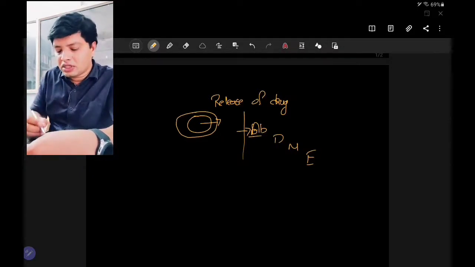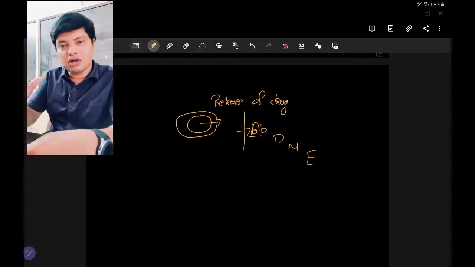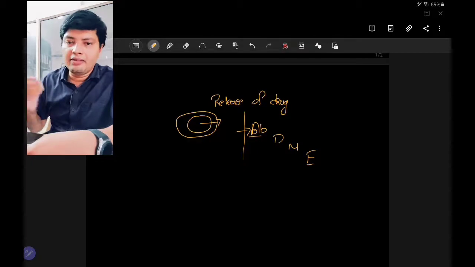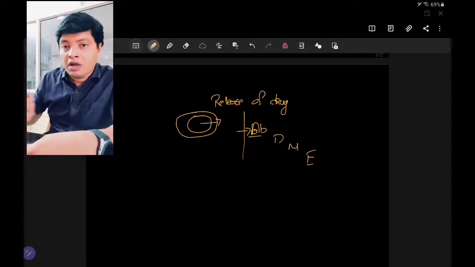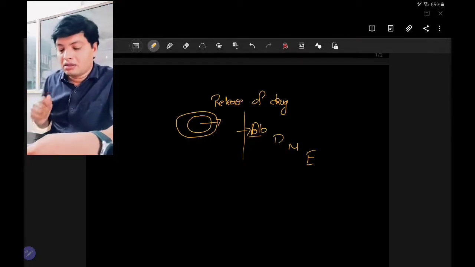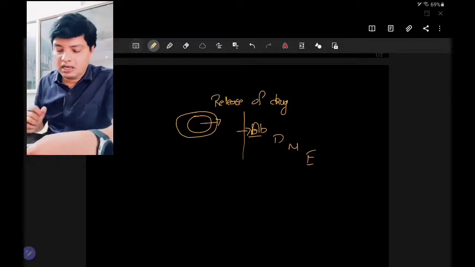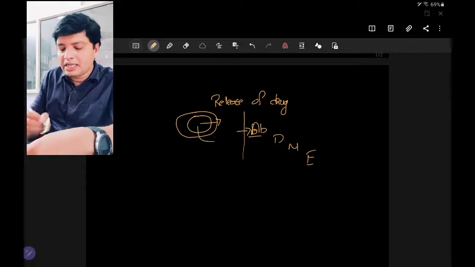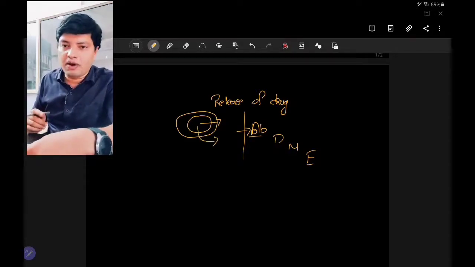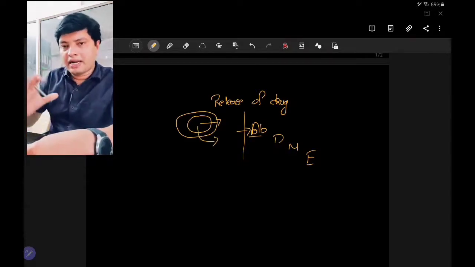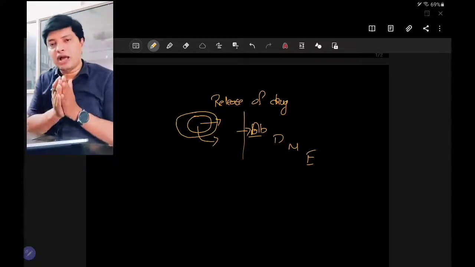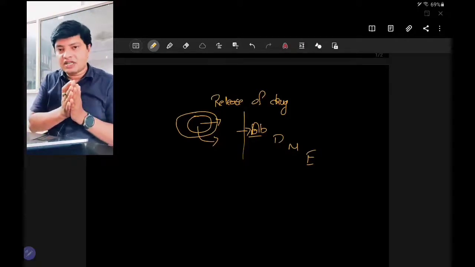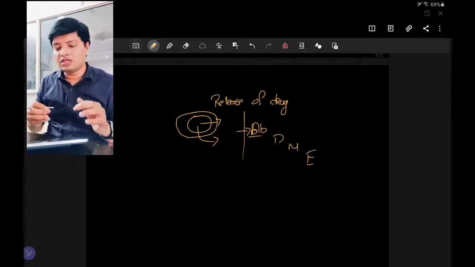But if the drug is having any problem in absorption, let's say the drug is absorbing slowly, what I assume while designing the dosage form is that the drug has normal absorption, normal distribution, metabolism and elimination. If the drug has abnormal absorption, I can't control that abnormal absorption. It is not in my hand. What I can do is solely control the release of the drug from this dosage form. So remember, while writing the factors, the control which you have in your hand is release of the drug from the dosage form. So what are the factors which are affecting release of the drug from the dosage form?